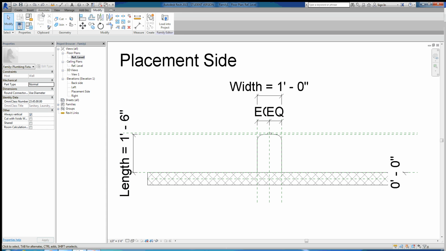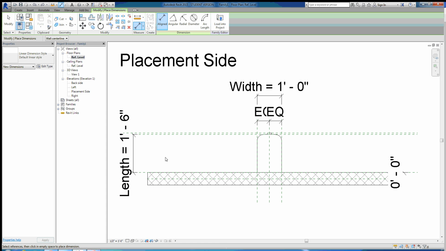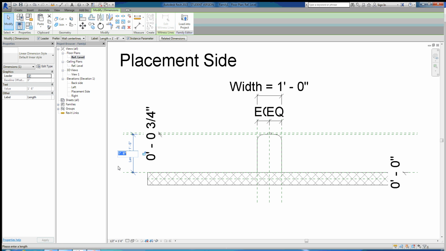So we'll go back to annotate, we'll create an align dimension. It'll go from this one right here to this one here. Now once we click away, we see that we have it as 3/4 of an inch from there to there. We'll lock it. And so now when we change this length from 1'6" to 2 feet,